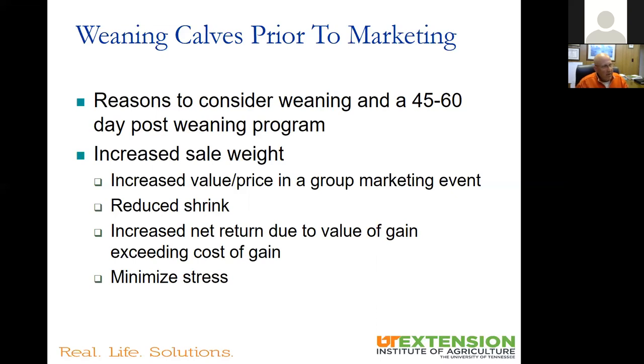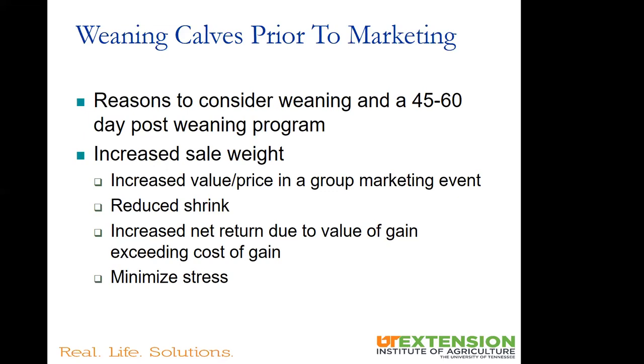Certainly, one of the biggest assets of weaning calves at home is that you're going to be able to hopefully sell more pounds if it's done right. Possibly quite a few more pounds, and pounds equals dollars in many cases. And one of the things with being able to precondition calves at home is that it makes those calves more desirable to some buyers in terms of trying to get those marketed in a value added or some type of group marketing event